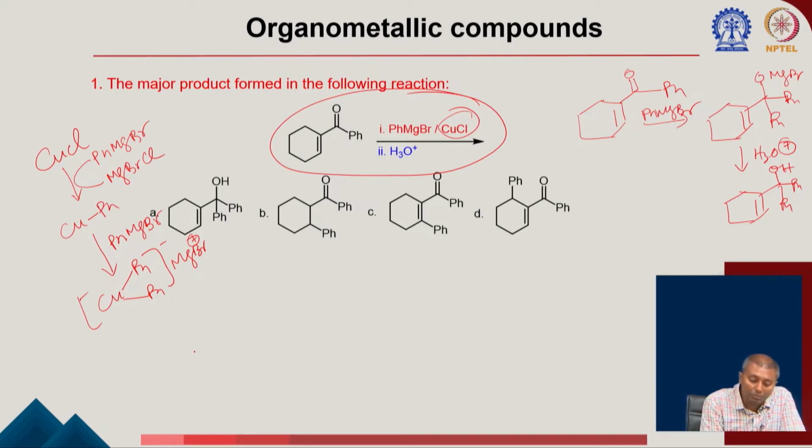So this is going to react with the alpha beta unsaturated carbonyl compound. Again you can see the MgBr is going to activate the carbonyl and generate some sort of delta plus character on it, and then copper is going to attack. So first there is a pi complex formation. Then from there two different pathways can happen. One could be an oxocupration, one could be a carbocupration.